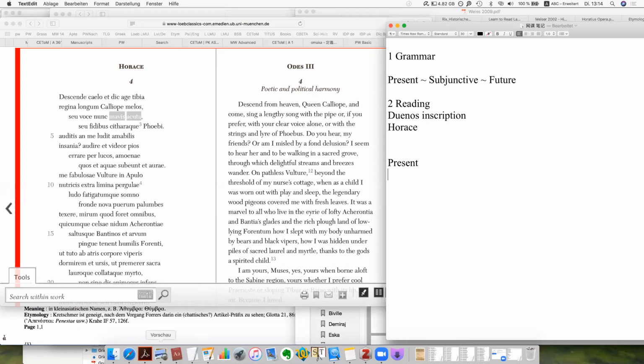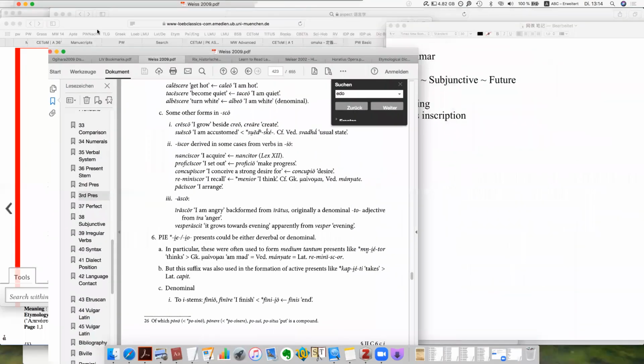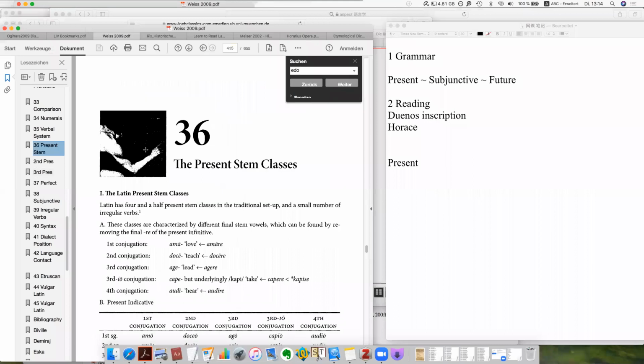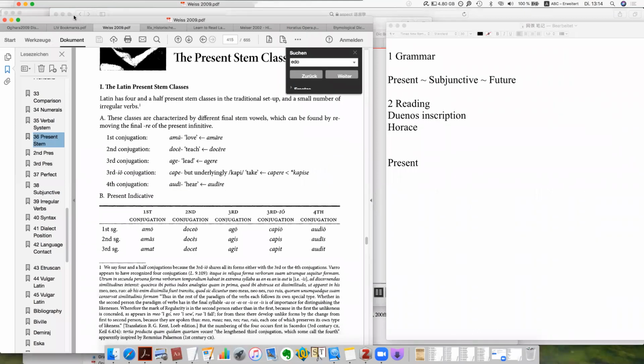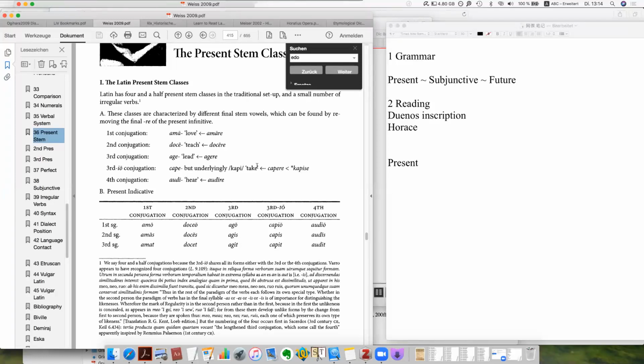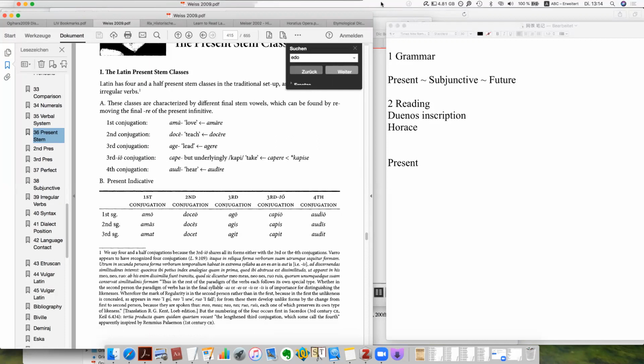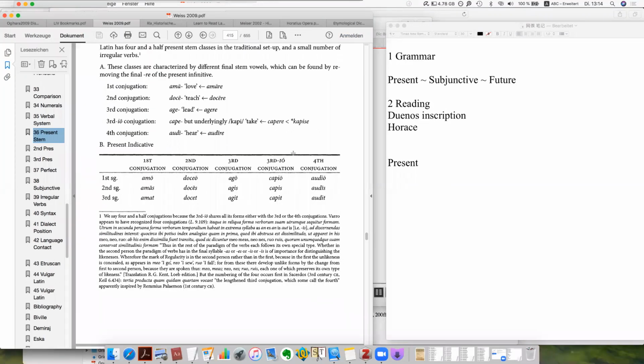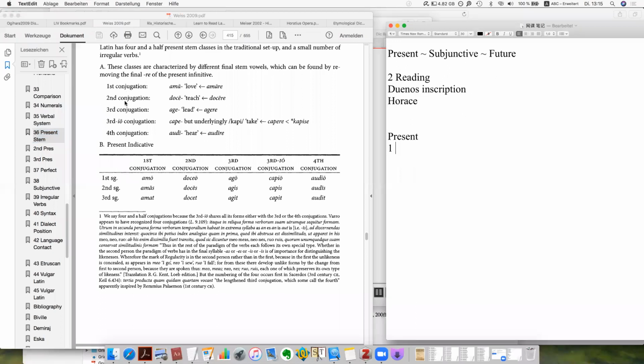So actually in Latin, we can just use the grammar. Everything, or almost everything, is explained in the book by Michael Weiss. But what I can do for this class is to select and highlight the most important things, to highlight the logic, to highlight the structure of the grammar. And for the present, as you have seen, this is actually